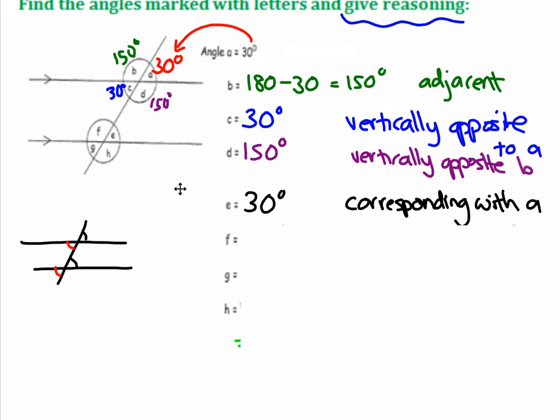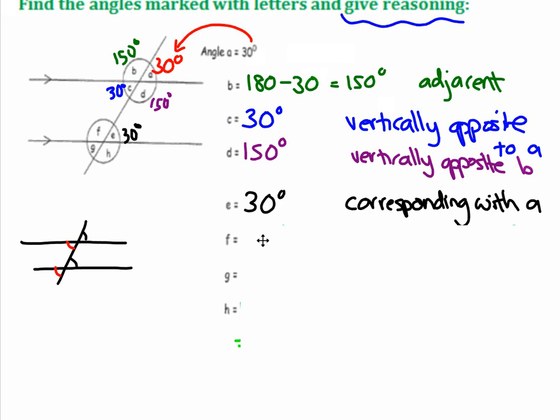30 degrees. I did corresponding with A. So E is 30 degrees because it's corresponding with A. So E is 30. Maybe I'm going to fill that in now. Corresponding angles are equal. So remember, corresponding angles are on the same side of the transversal and in the same position relative to the parallel line. So they're both to the right of the transversal, the red one and the black one, and they're above the